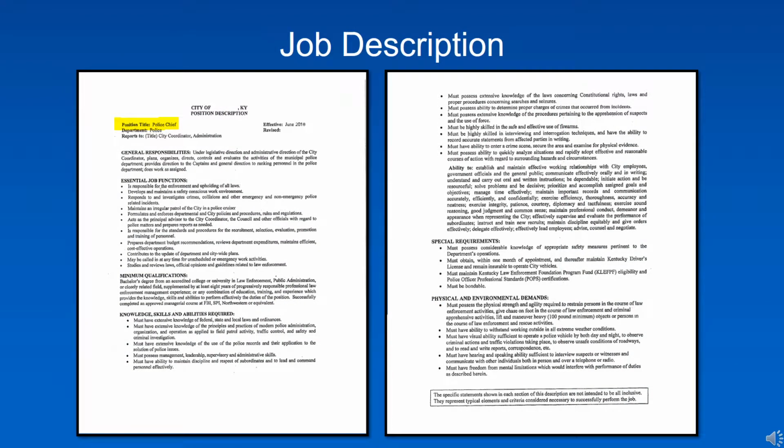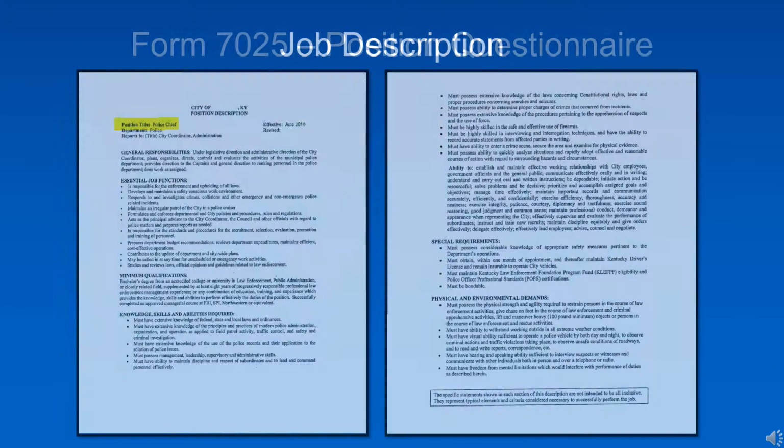A copy of the job description from the agency is required to accompany the hazardous duty petition for each title going before the KRS Board. This job description should be the driving force behind the position title the agency is petitioning, as the title provided on the job listing, position questionnaire, and the employee HP2 form should exactly match the title as it is identified on the agency's job description.